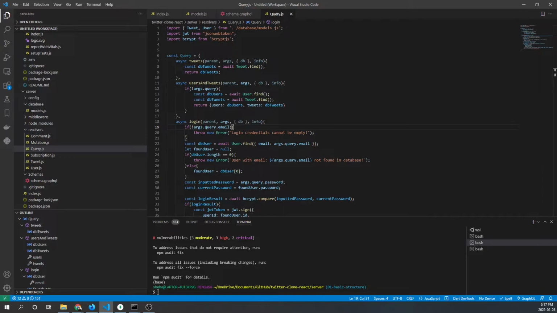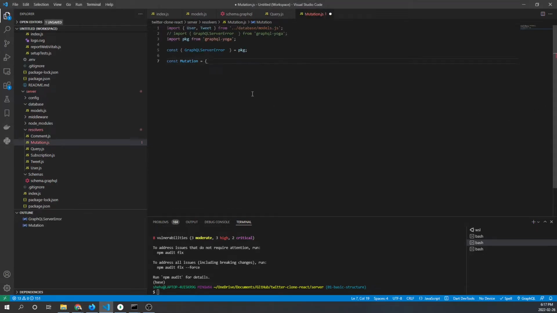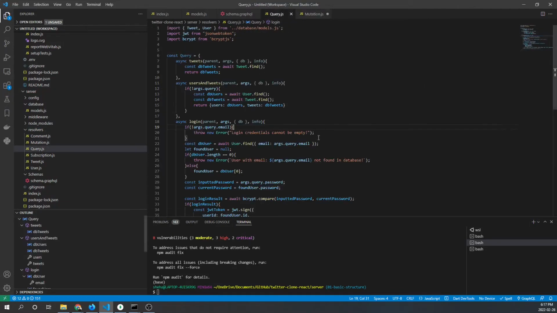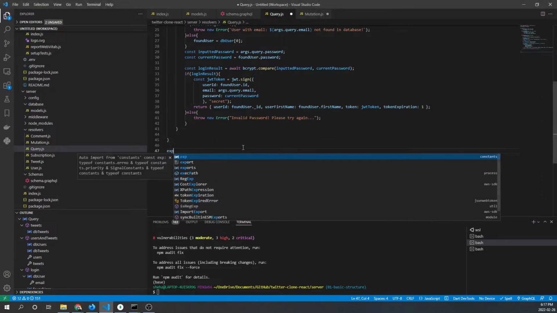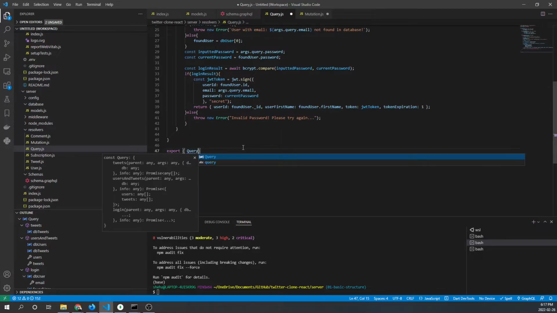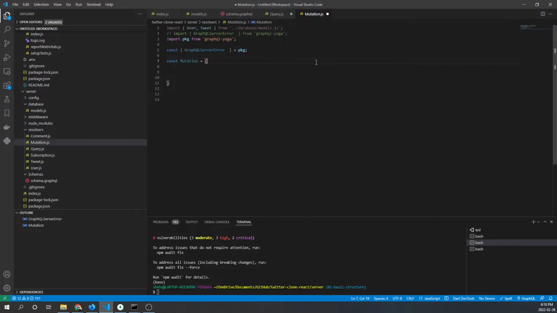And now let's move on to the mutations.js file. So in mutations, we're saying const mutation. And we forgot one thing here. We need to export query as default. Okay, and then over here,